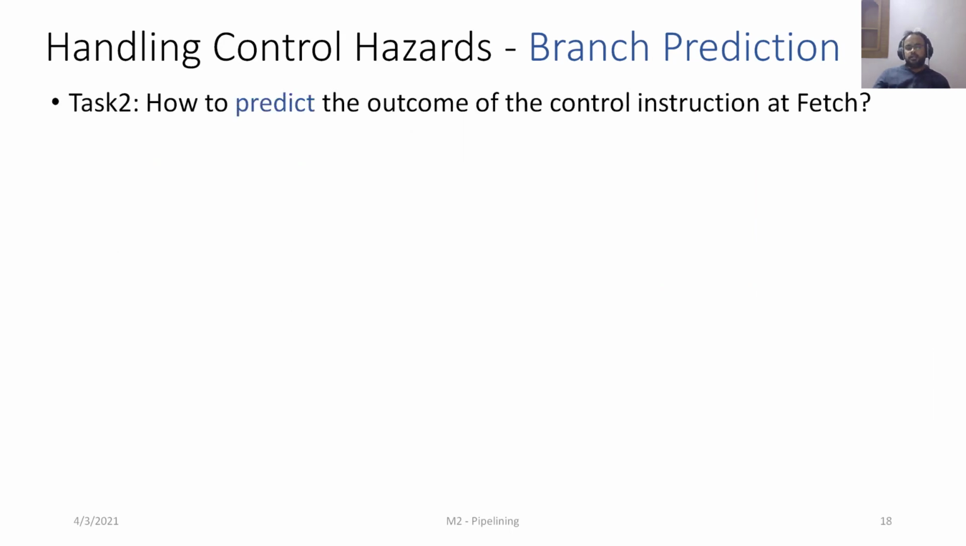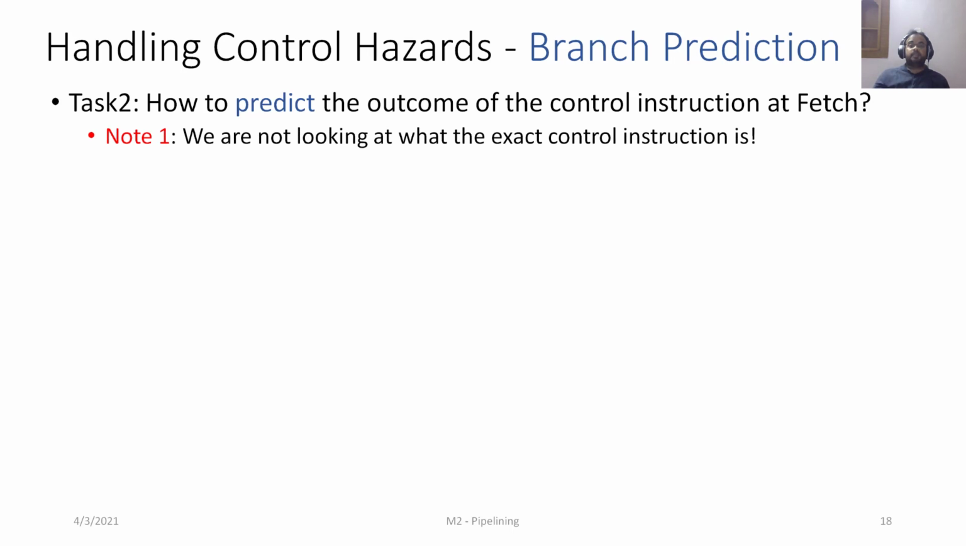Moving on, the main important question for the branch prediction is how do we actually predict the outcome of a control instruction at the fetch stage itself. So using the PC and the target, we are able to find out that it is a control instruction, and if it is taken, where will it go to? But how will we determine whether it will be taken or not taken? Because